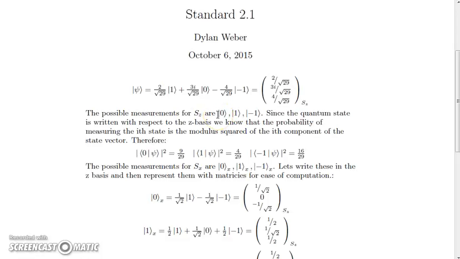So the possible measurements are 0, 1, and -1, because it's a spin 1 system. So it's now a 3-dimensional system instead of a 2-dimensional system like spin 1/2. And then the probabilities are just really easy because the quantum state is already written with respect to the z basis. We know that the probability of